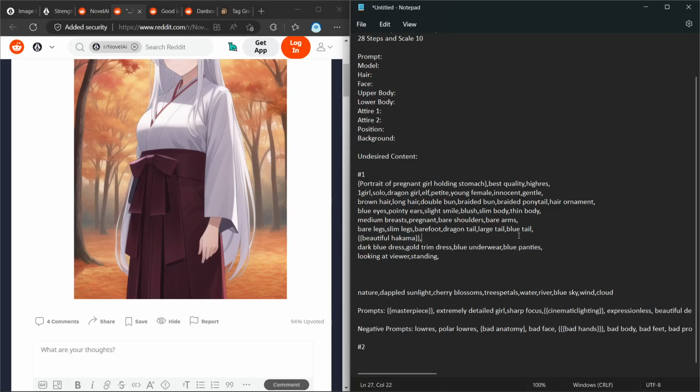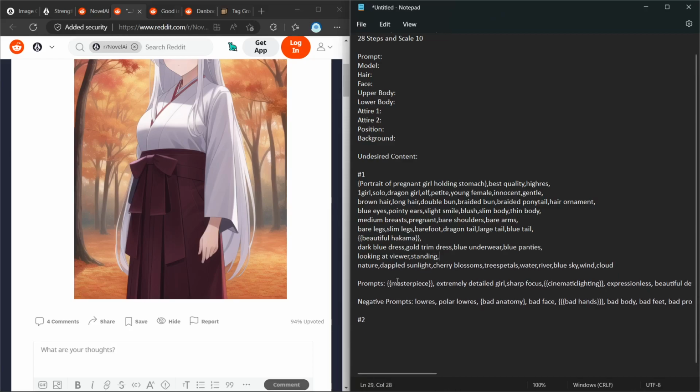Okay. I always had a hard time getting the dragon tail to be a blue color, because it usually ends up being red or something, and I'm just confused as to why, since it specifies the color. It specifies its tail 3 separate times. Okay. 2, 4, 6, 8, 10. Okay. Take this cinematic lighting. I guess I'll take out dappled sunlight, since